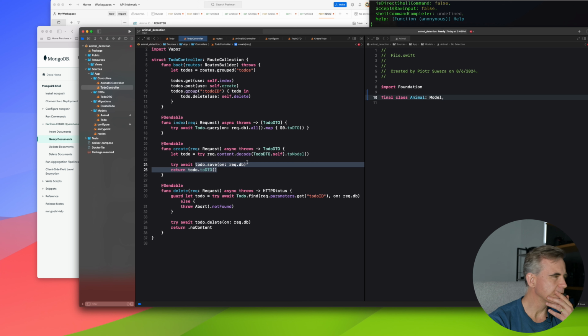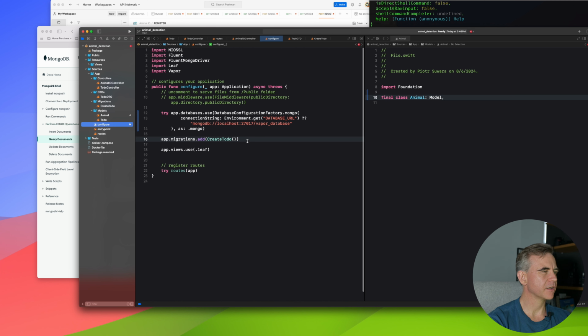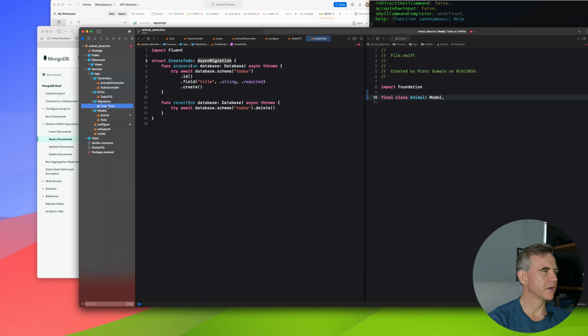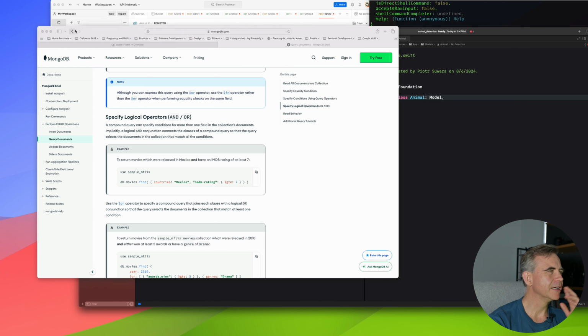So this actually creates a migration on database, async migration, add migrations, add create to do, and this is like the actual create to do is the migration on the database. But what about going to do app dot database here? It's weird. How do I actually? It's saying it's done the migration here, but it's not really clear how we actually get data